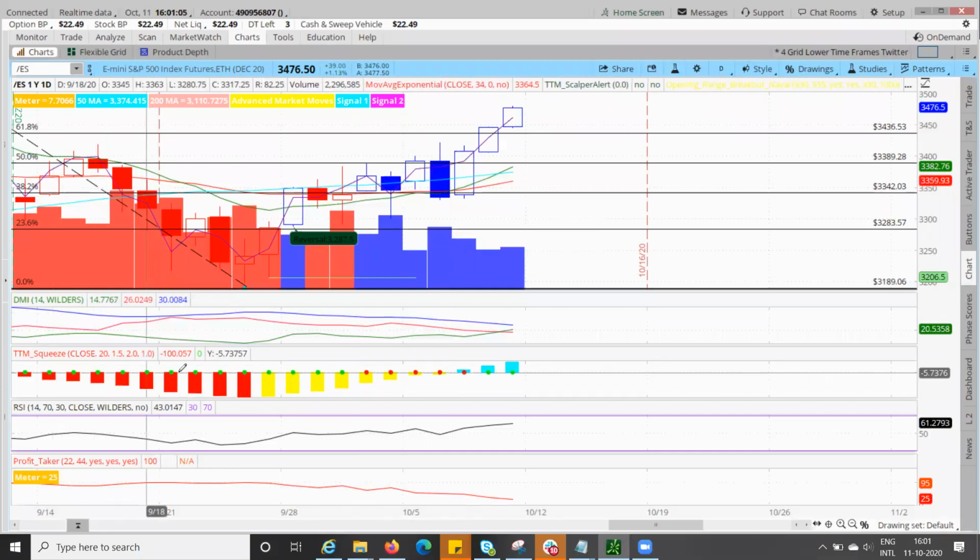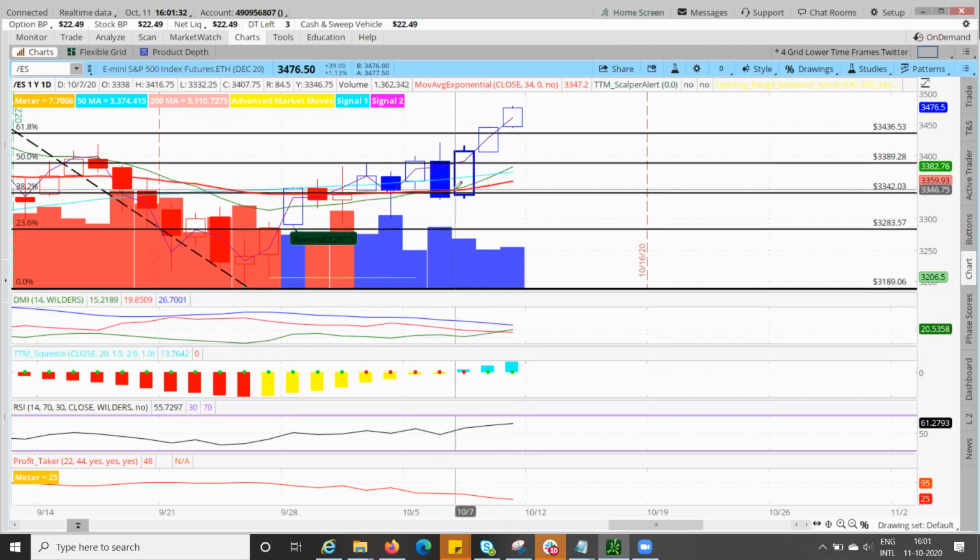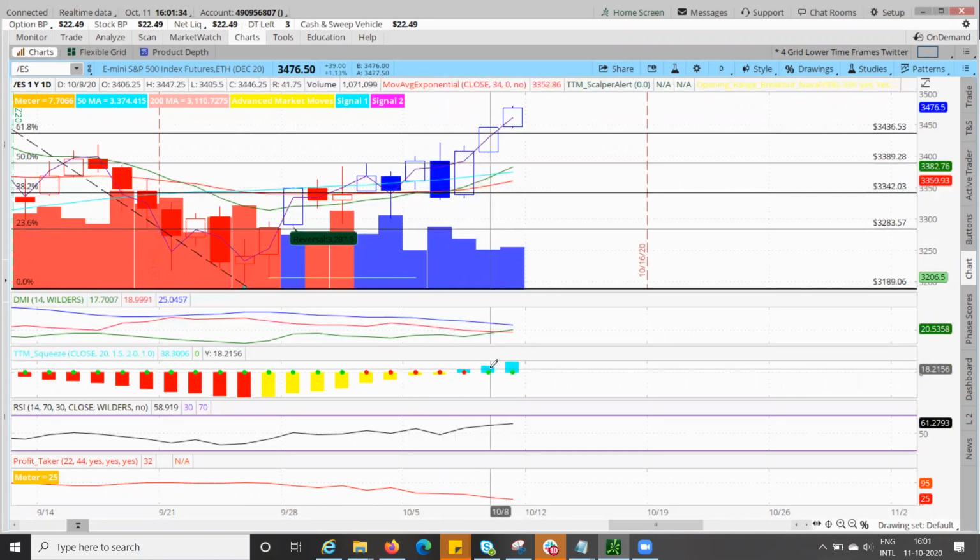If you see the TTM squeeze, it has gone from red, meaning deep negative trend, to light yellow, yellow, meaning that yes, it has moved into a different direction, but slowly and steadily it is going out from the negative bias. And then you have blue, which means the positive buy has started. Blue with the green dot is a confirmation of the positive bias. Okay, so here you got one confirmation that there is a crossover. You got the second confirmation that yes, there is a positive bias and there's a blue color candle on the TTM squeeze. It's on the daily basis.